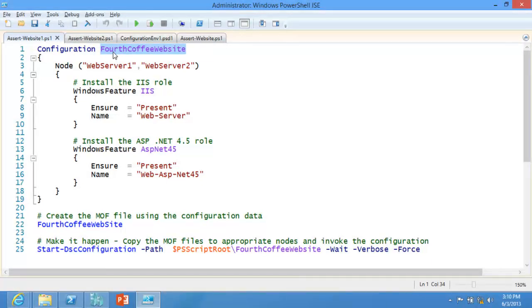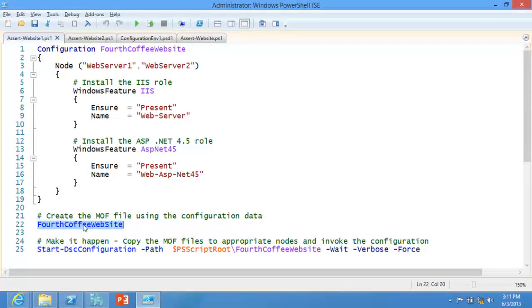Inside of a configuration function, we've added a new keyword, node. Node takes a list of targets. It can be any random arbitrary list of targets so long as they exist. If they don't exist, it just won't do anything with them. It'll work, but they won't get installed. And then within all the nodes specified, we are going to say, hey, we want to invoke the Windows feature resource. And with the Windows feature resource, we're telling it we want to ensure that IIS is present, or in this case, the web server. And we called it IIS. That's all we're saying here.